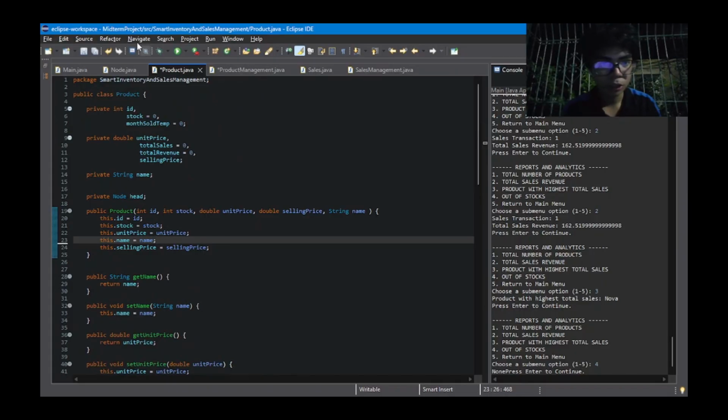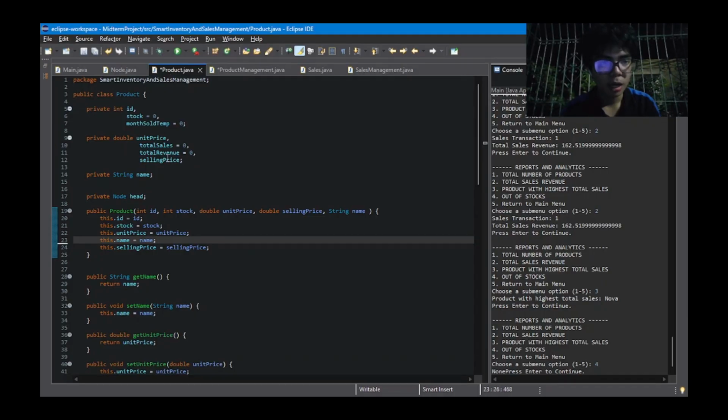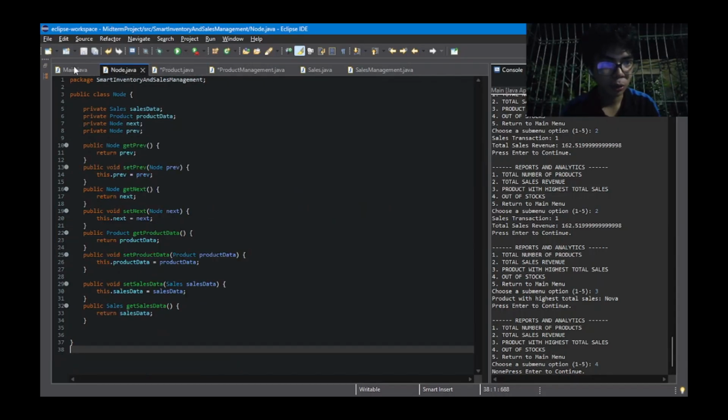Additionally, we also encapsulated this private product data, and as you can see, we get the product data from the product class. The purpose of this is so that we can put the information from the product class into the node.